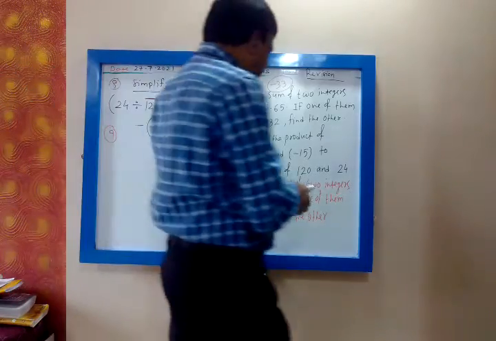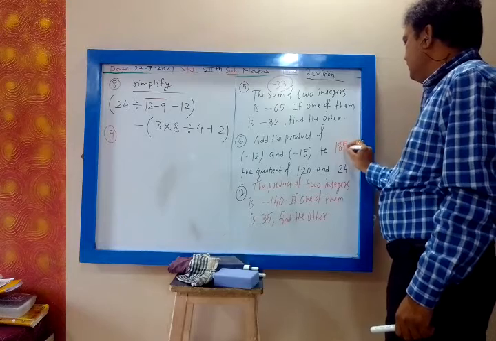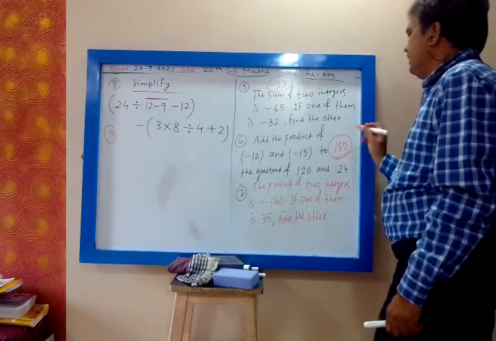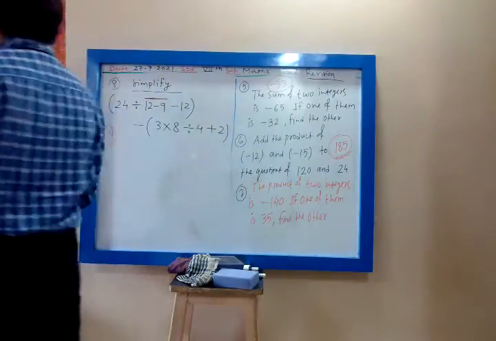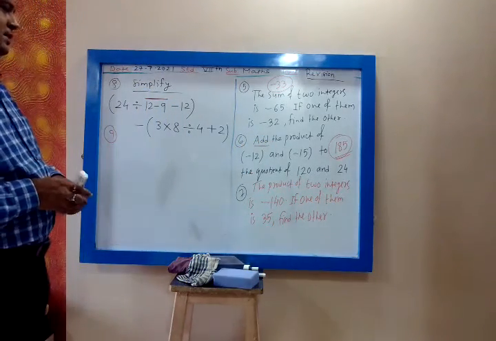185, absolutely correct answer. Very good. What is your name? Sandeep Darji. Very good. 185 is the absolute correct answer, my dear. Read the question. Chalo, 7th one. Tell me the answer.